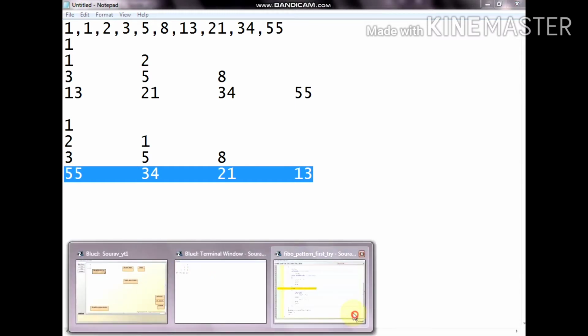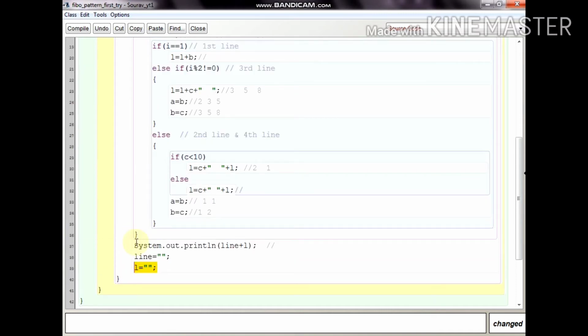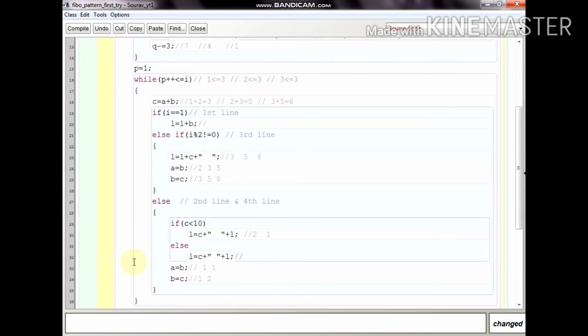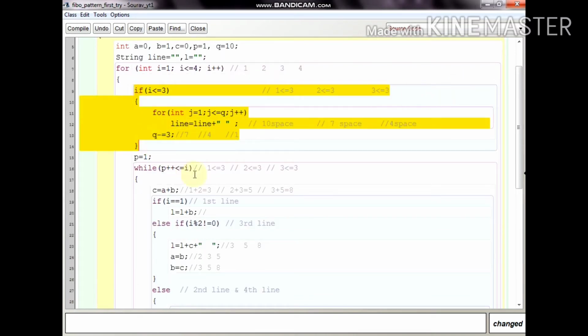And you can see every time I print with system.out.println, that is a single line value, every time I reset the variables, line equals none, L equals none, that means in the next line these two variables get a new value. Okay, now in the fourth line, the if part is not executed, that means no P, and